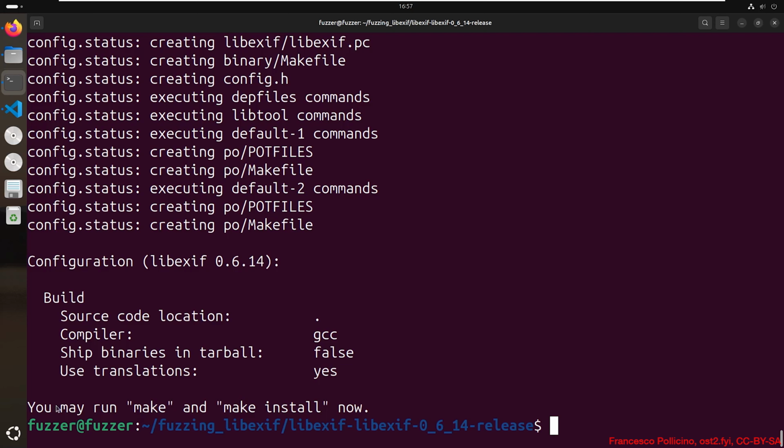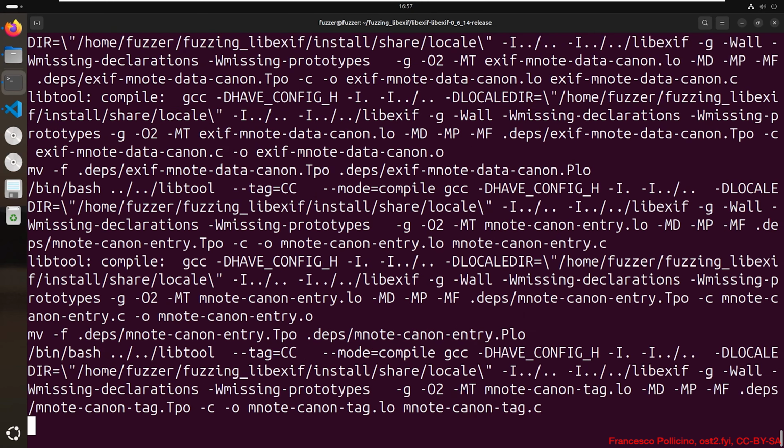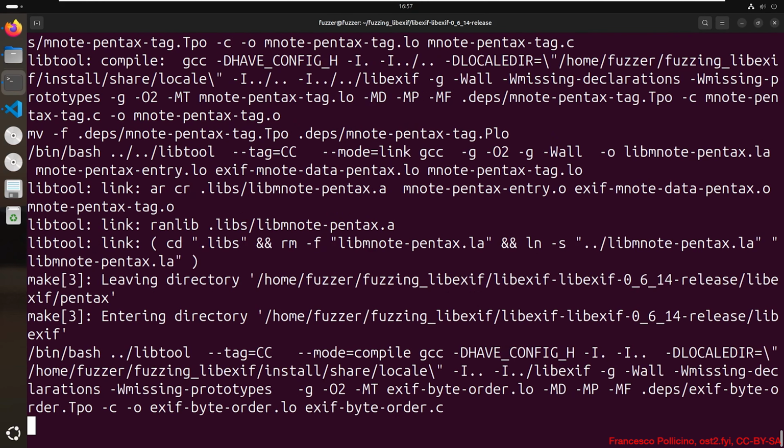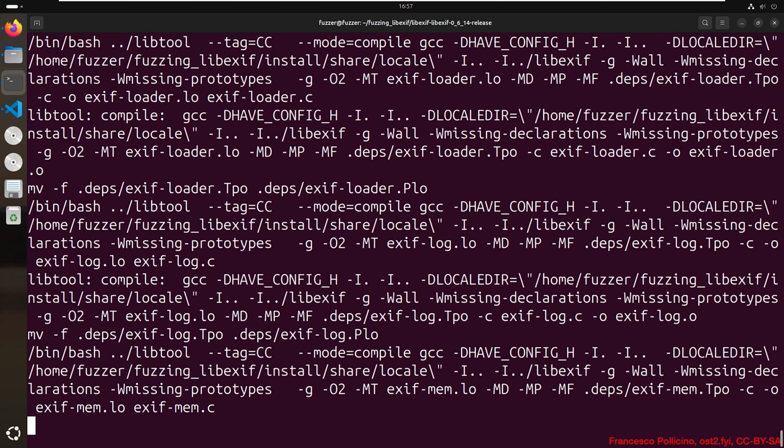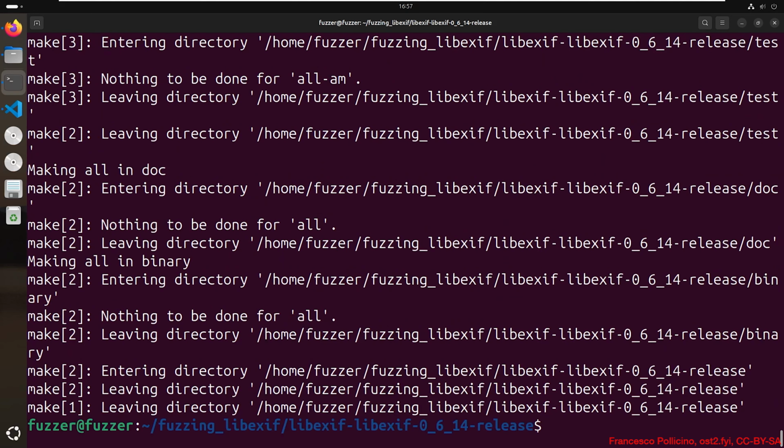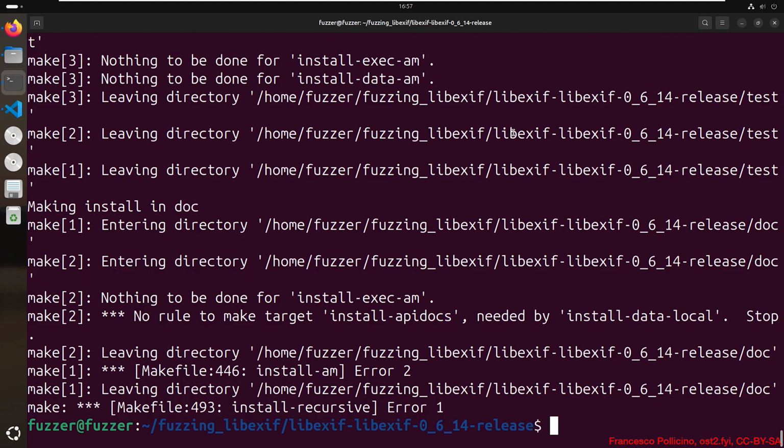Okay, so the next steps are make and make install. So we just run make. You can also run make with the -j option to use all your threads and be a bit faster. And then make install. If you get any errors related to the docs, you can ignore them.